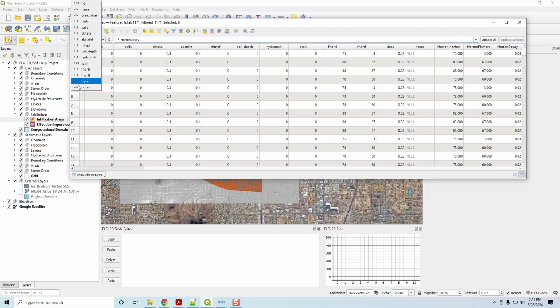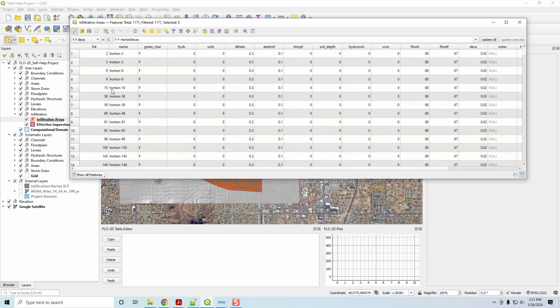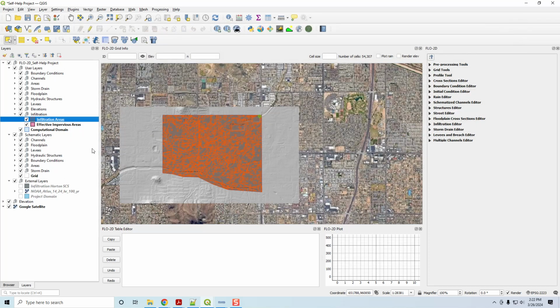So note that you cannot select those joined fields because you cannot edit those joined fields, but you can utilize them, and you can view them, you can sort by them. So there's all sorts of things that you can do with this table editor, and we have just showed you how to fill a unique name and how to copy data from an alternate table using a join. Now we'll click save and then toggle the editing off, close the table, and the final